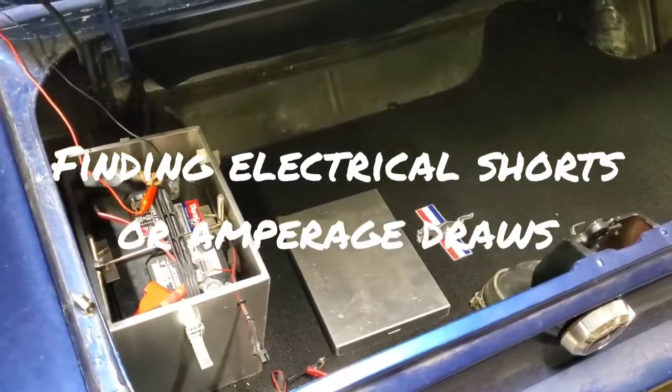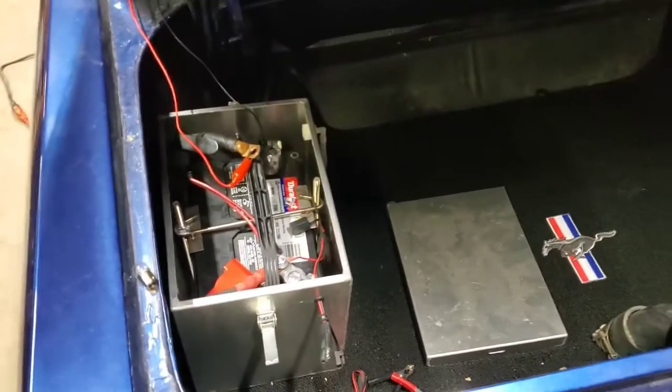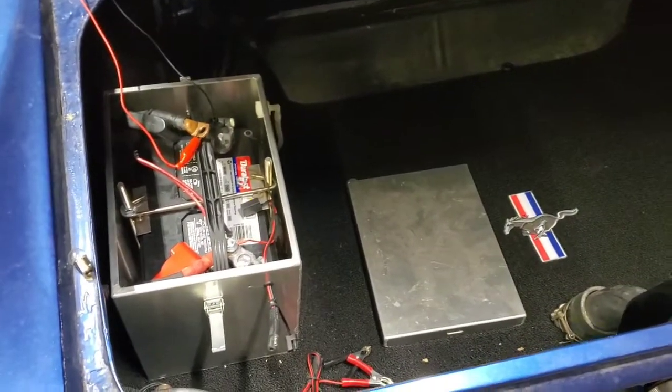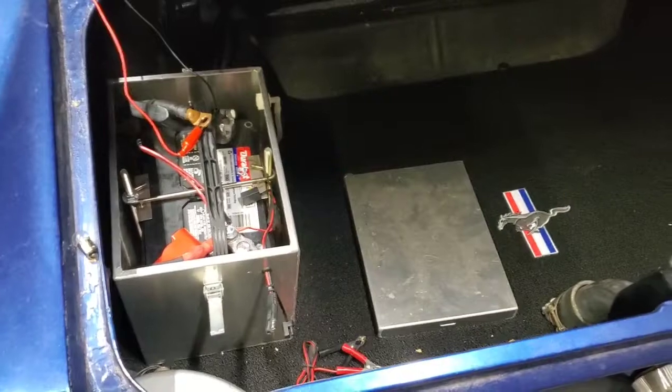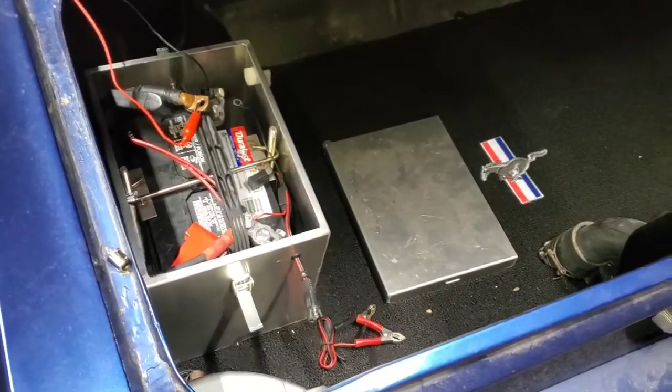Hey everyone, today I'm working on a classic Mustang. It came in with a power draw. The owner was saying that the battery kept dying. He's replaced it several times and it just keeps dying. Now he doesn't drive the car too often, but whenever I originally checked it, it did have quite a bit